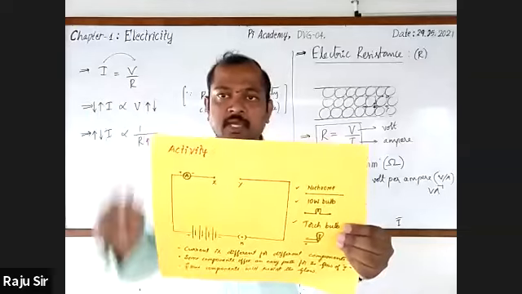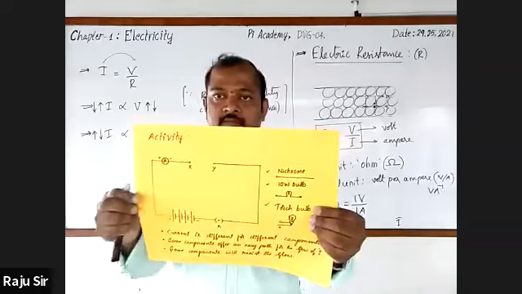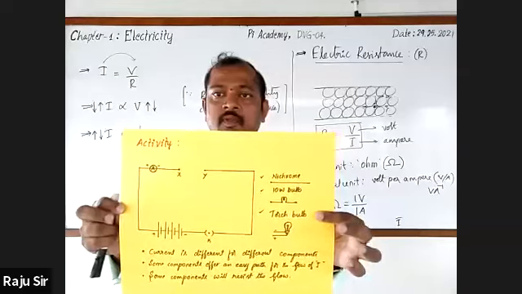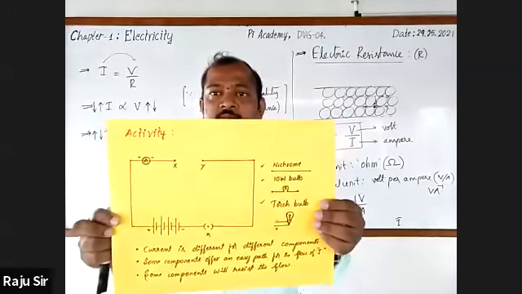The ammeter reading is nothing but current. Whether current will go on increasing or decreasing, what will be the ammeter reading? Will it be the same or different? Sir, it will be different. Some are telling that it is increasing, some are telling that it is decreasing, some are telling that it will remain the same. What do you say?